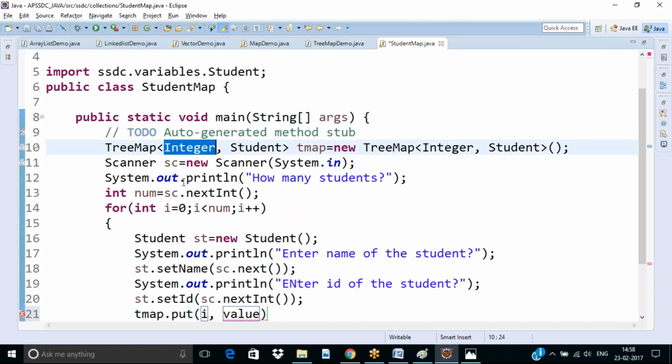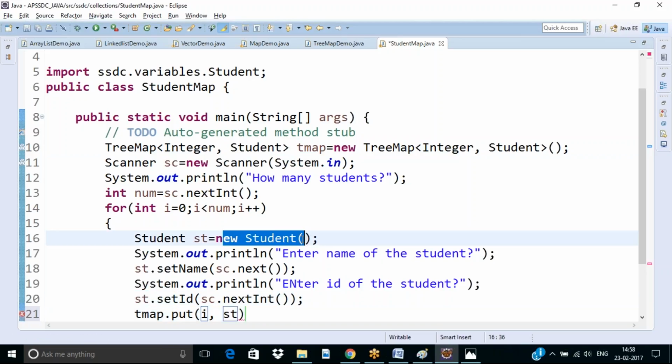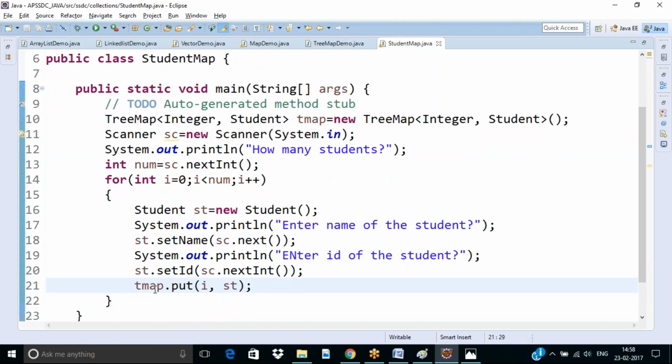అండ్ ఇక్కడ ట్రీ మ్యాప్ లో చూడండి ఫస్ట్ పారామీటర్ ఏముంది, ఇంటీజరే ఉంది. అది కీ వచ్చేసి ఇంటీజర్, జనరిక్ వాల్యూ వచ్చేసి స్ట్రింగ్, సారీ స్టూడెంట్. సో స్టూడెంట్ ఇన్ ద సెన్స్ కెన్ ఐ సే st హియర్. st అంటే ఏంటి? What is st? It is a student object, new student. So successfully we have pushed the student object with a key to the tree map,